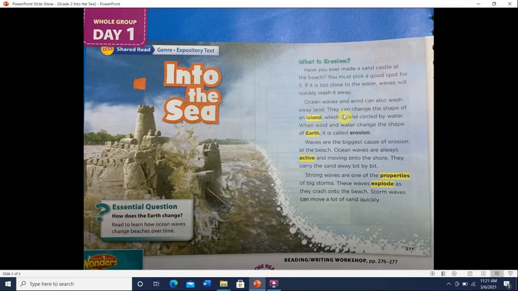They can change the shape of an island, which is a land circled by water. When wind and water change the shape of the earth, it's called erosion. So here, the subheading says, what is erosion? That means this paragraph will start explaining to us what is erosion and how erosion can change or shape the